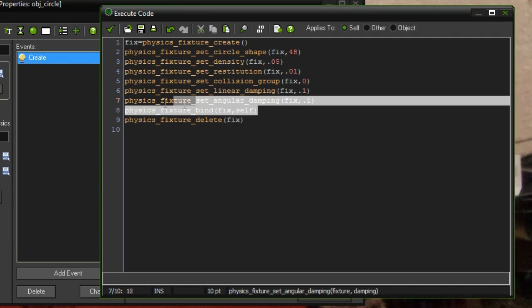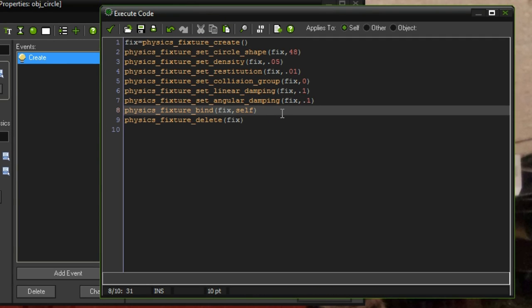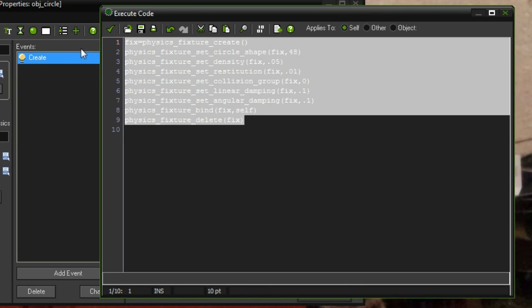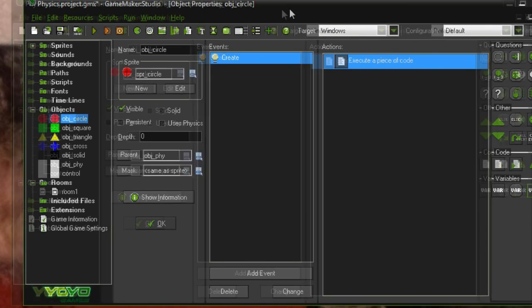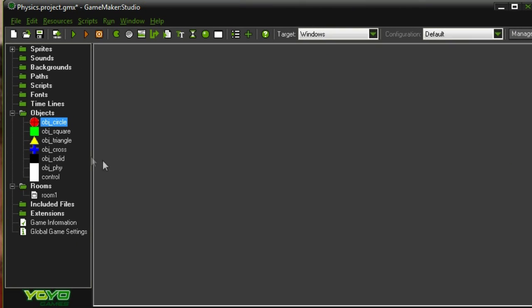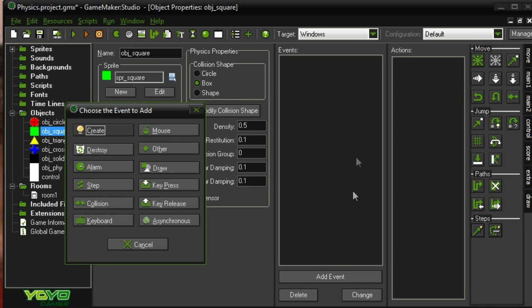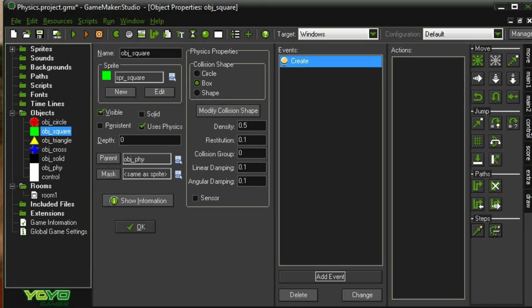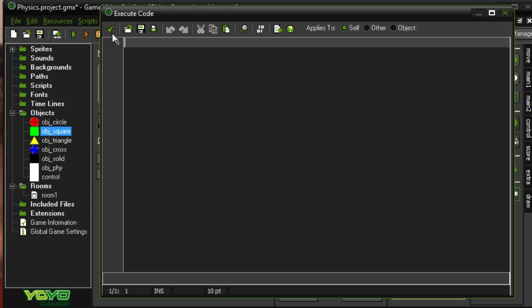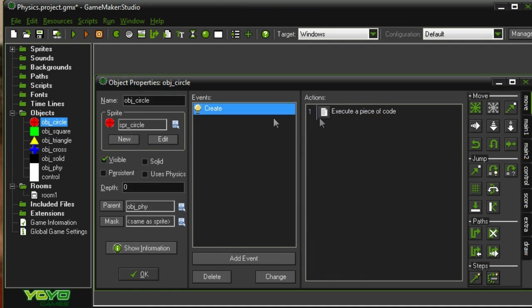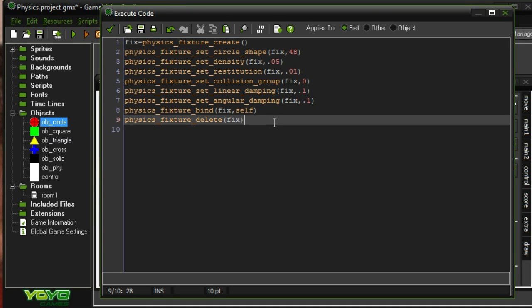The fact that we have a fixture bound to this will tell the system that we are using physics for this particular object. So I'm going to copy this, because we're going to use very similar code for all the other ones. We should be able to go through this a little quicker now that I've explained those major points. Alright, so create, do this. You know what, I actually forgot something. Alright, so before we stop,